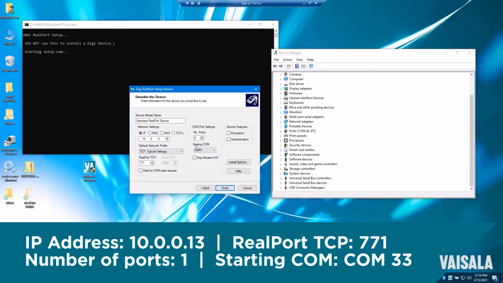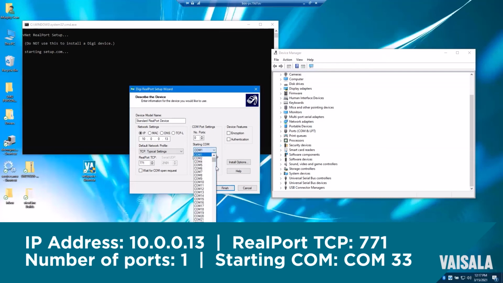And this is where it's saying starting COM. That means what COM port number do you want to assign this particular device to? And it says starting COM because with multi-port adapters, the Digis, there will actually be up to 16 different ports. So the starting port will be, they always program themselves one right after the other. So if you're starting with COM port 1 and going several more COM ports, this will be the lowest COM port.